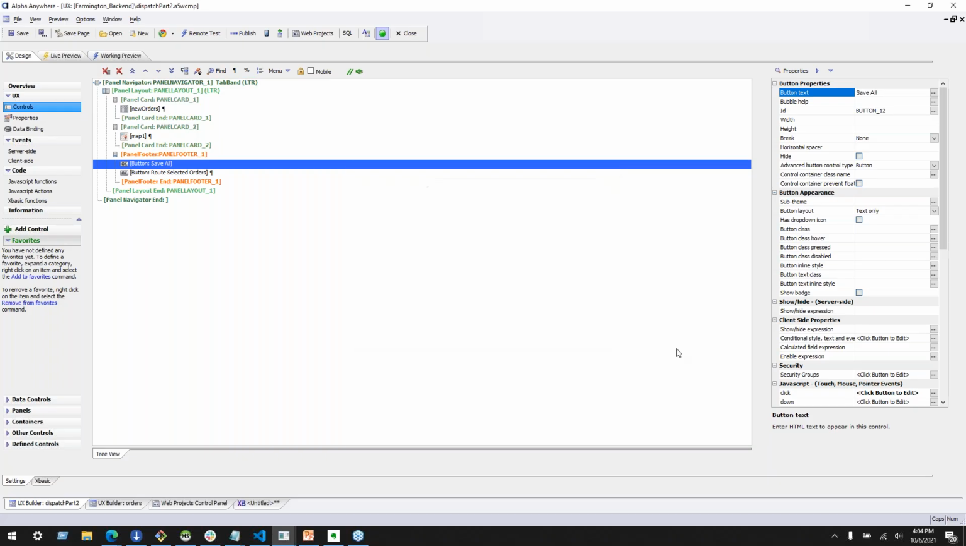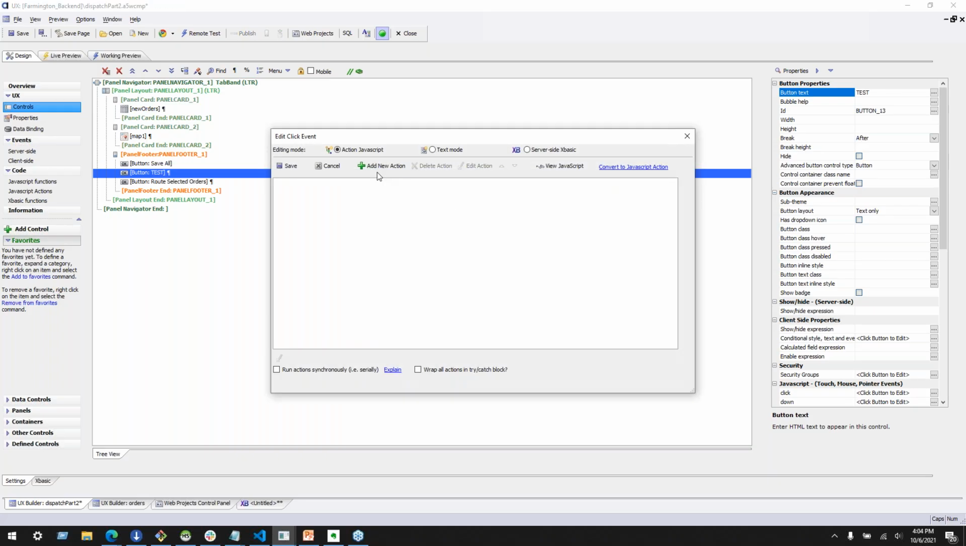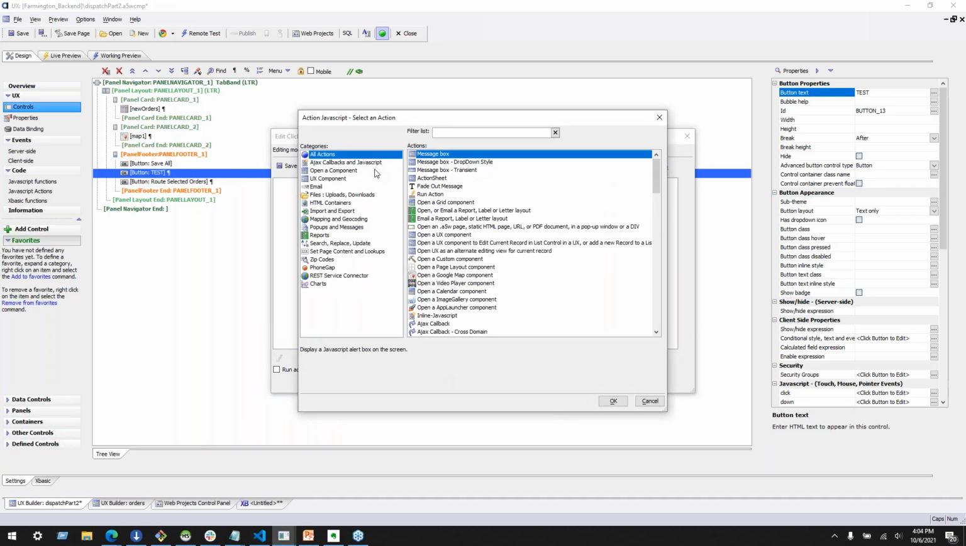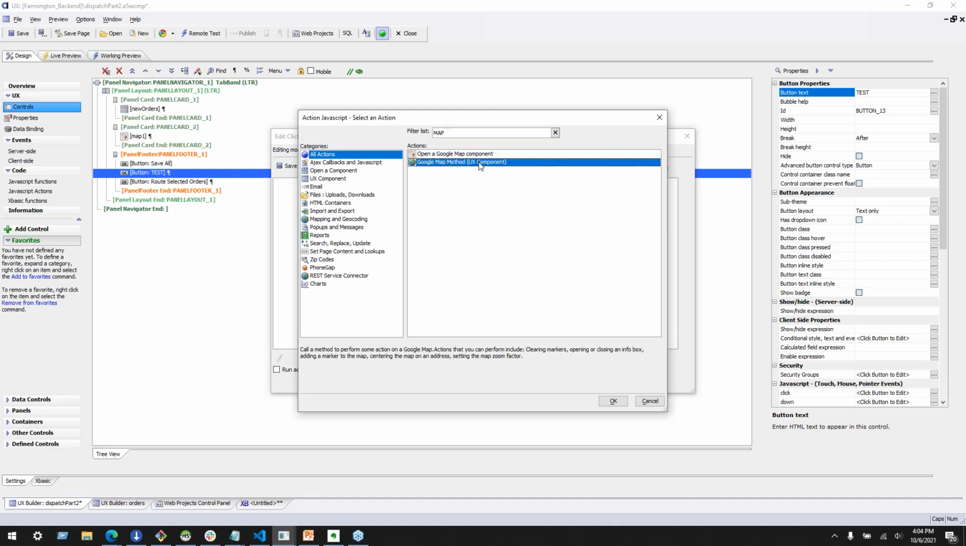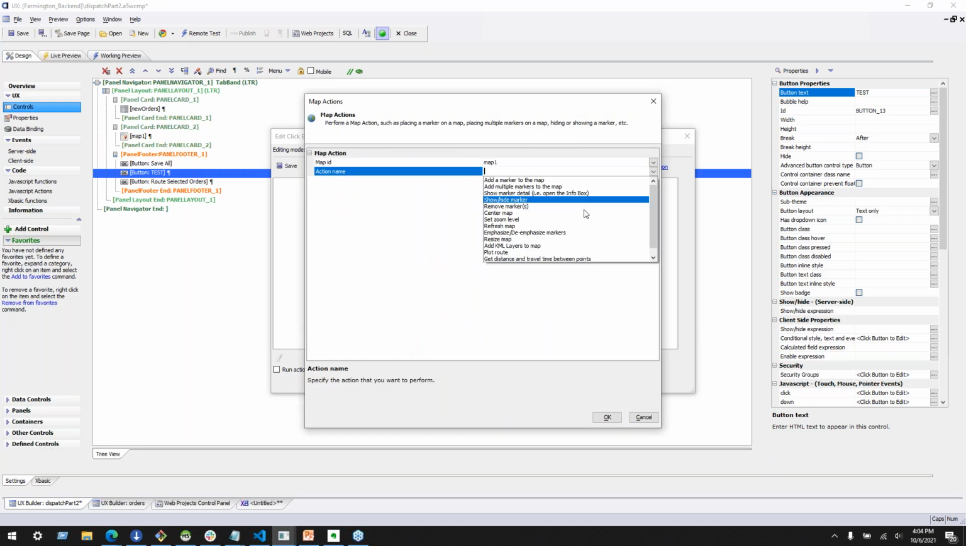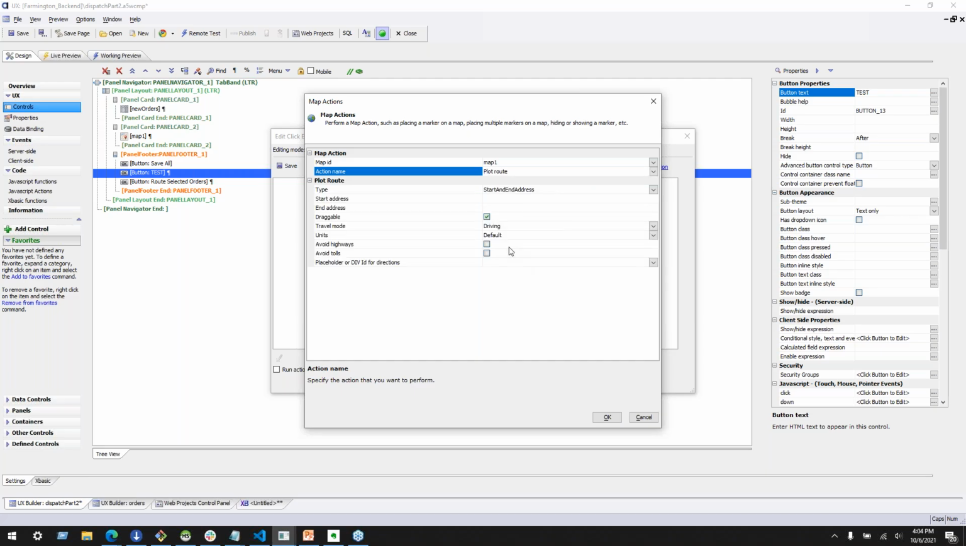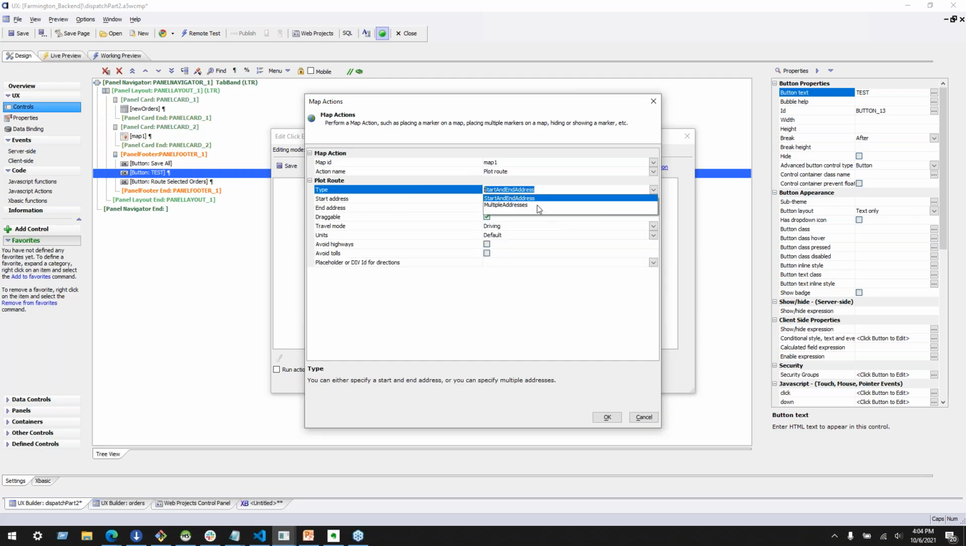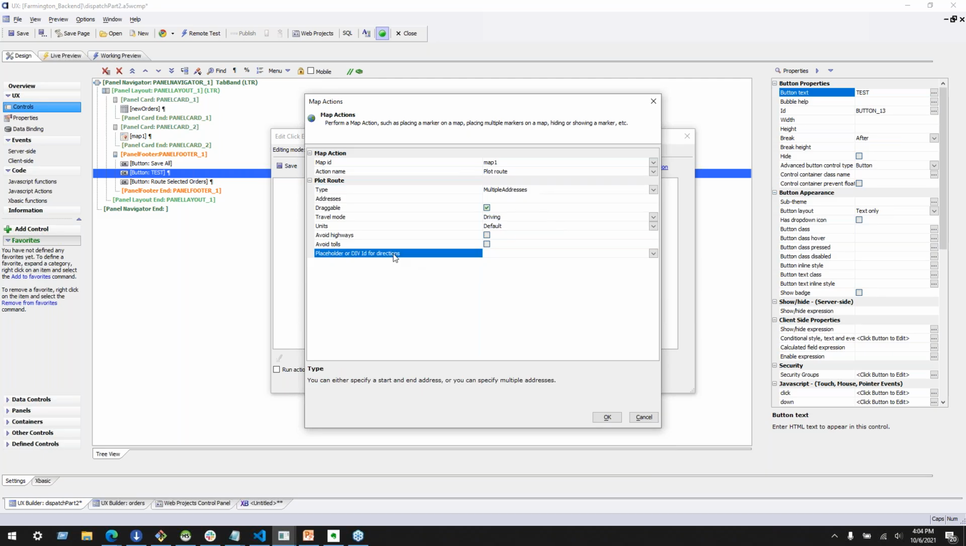Let's call it test for now. If you go in here and you add a new Google Map action, Google Map method, down here, you select your map. There's an option to plot a route. And there are two types. You can do start and end address or multiple addresses. And then here's ID where you would place